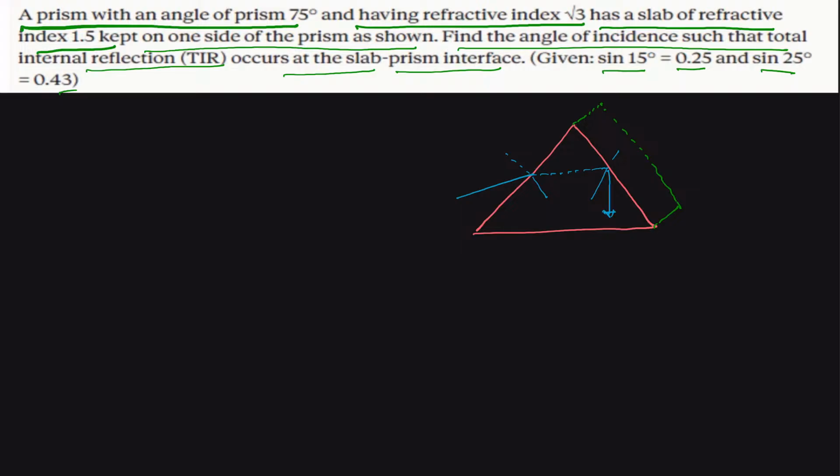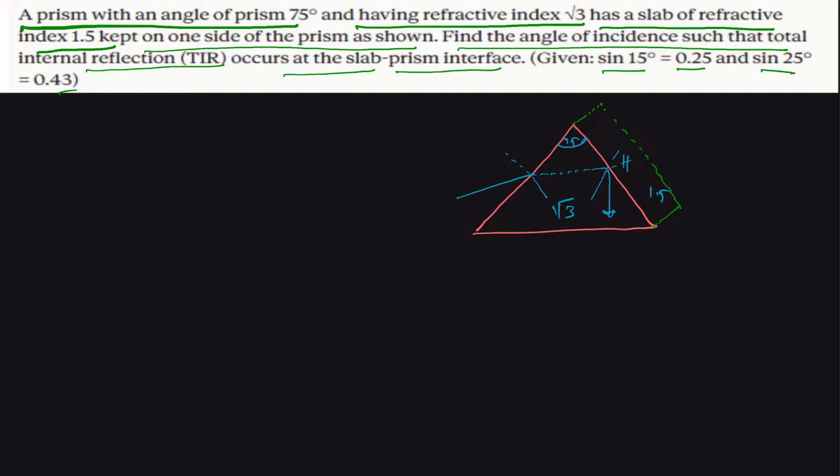Okay, it should not be going here, and angle of this prism is given to us as 75. Here it is square root of 3, and this mu is 1.5. This is the basic things which are given to us,